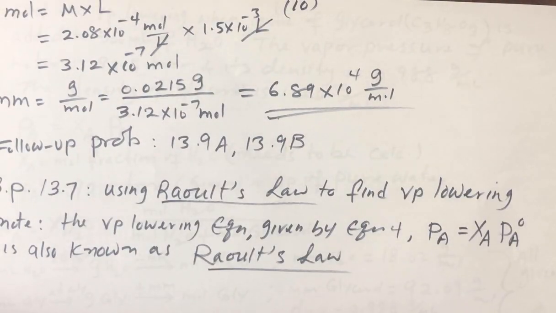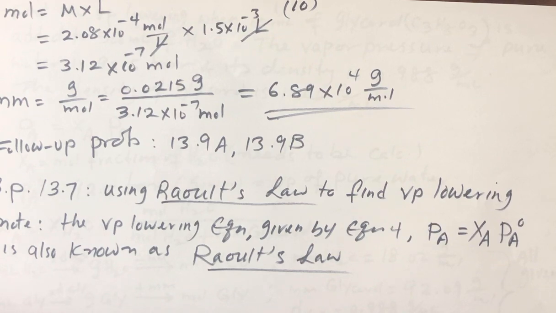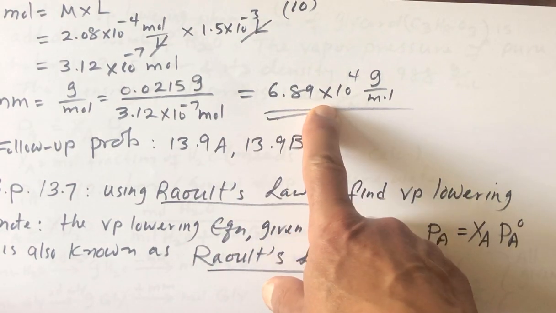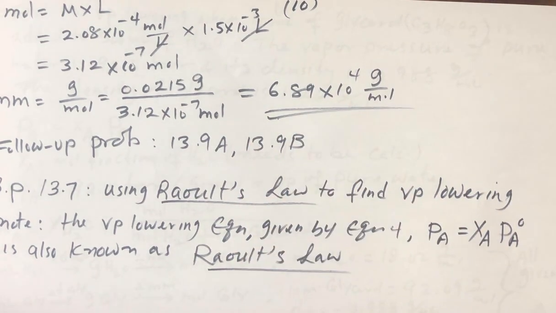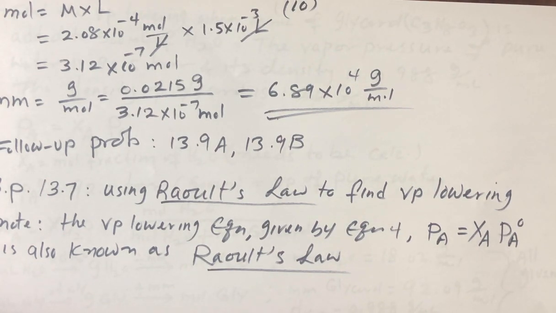Okay, so let's take a look at the next page. And you see at the top of the page that moles is molarity times liter. That's 3.12 times 10 negative 7 moles. Now that we have calculated the moles, we can easily plug in the numbers in the molar mass equation, grams divided by moles, to find this number for the molar mass of the protein. As you can see, this is about 68,000 or 69,000 grams,